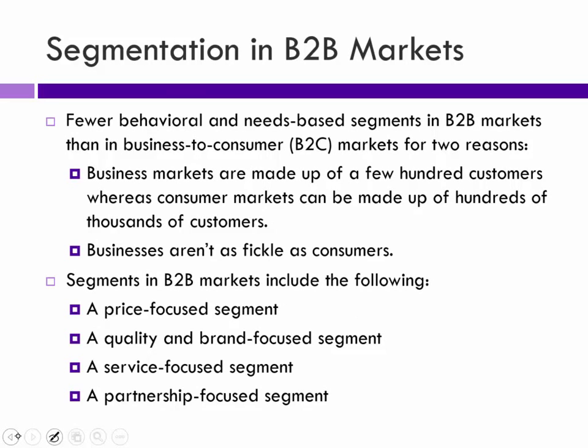Business to business marketing, there are fewer segments in there because there are fewer customers, right? We talked about that earlier. There's fewer customers just buying more stuff, and they aren't as fickle and a lot of times not as emotional, so there's not as many groups. Some researchers that were quoted in your book divided it this way. You might see other ways to divide this up, but ones that are focused on price, ones that are focused on quality or specific brands, ones that are focused on service, or ones that want to build a relationship. So those would be kind of the common segments in the business-to-business market. You might see some variations, but it should be pretty close to that.